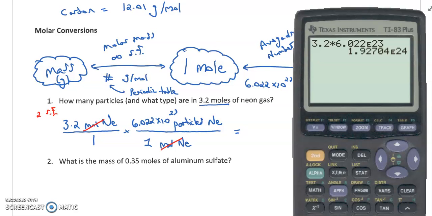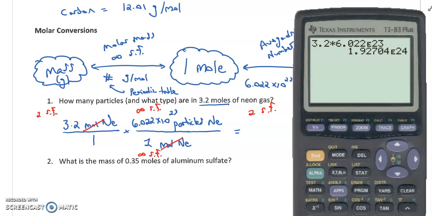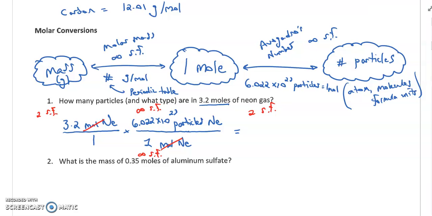This is where I have to keep track of the number of significant figures. We said 3.2 started with two significant figures. Avogadro's number does not count towards my significant figures. That's infinite significant figures, so I don't use that for my rounding rules. So when I round my final answer, I need to maintain the fewest sig figs from my initial problem, which is going to be 2. So when I look to round this number, my final answer is just going to be 1.9 times 10 to